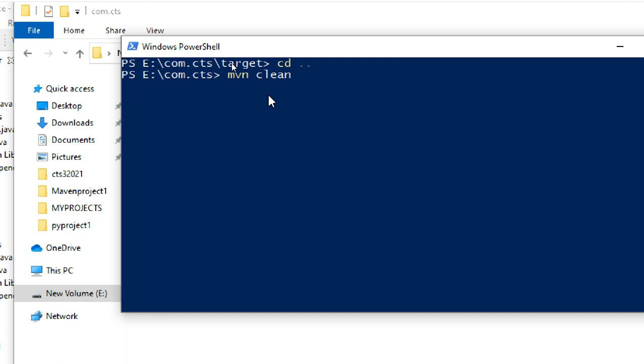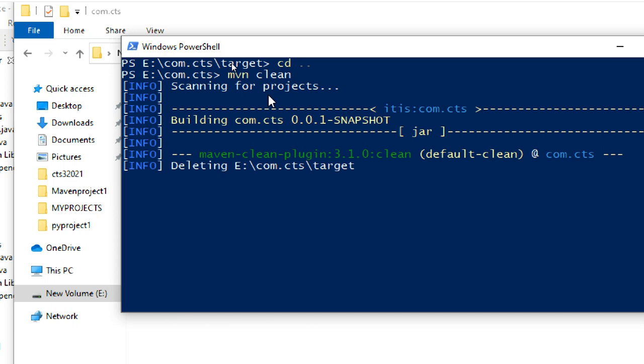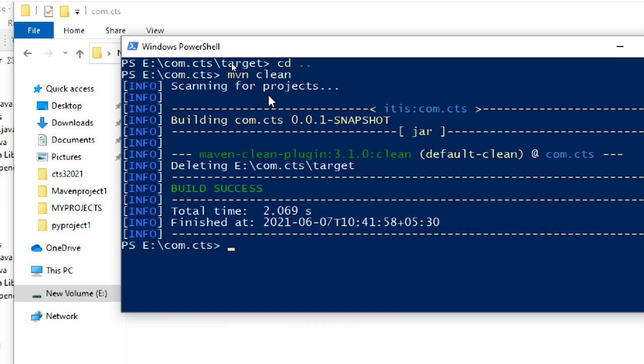First command is clean. Wait. Then it will download the plugins and test with the plugin. Next one is compile.